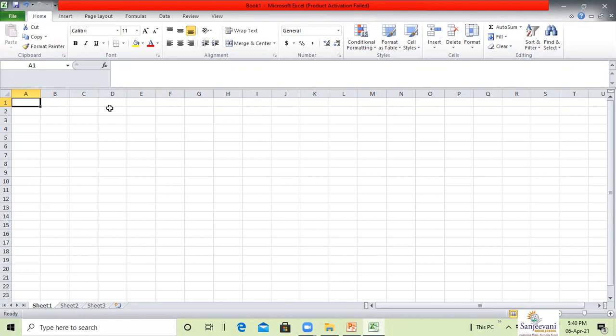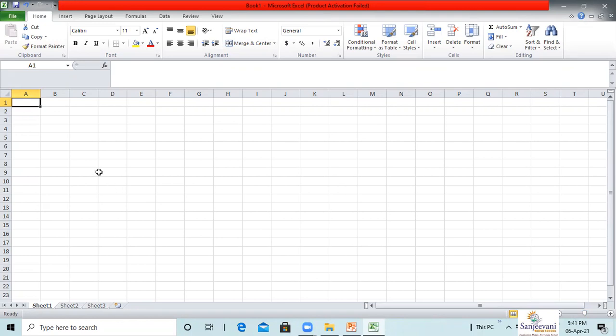When you open Excel, a single worksheet is displayed. You can add more worksheets as and when required. An Excel worksheet contains 16,384 columns and 1,048,576 rows.